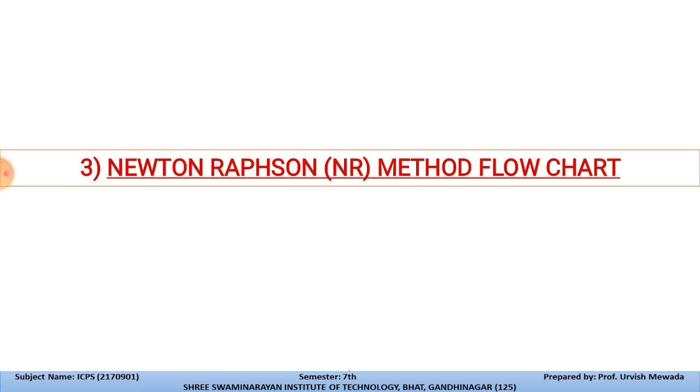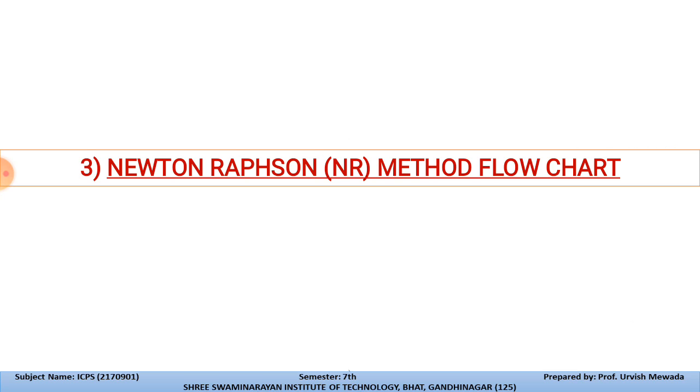So in the previous lecture we discussed the various methods of load flow study, in which we discussed the Newton-Raphson method for single valued function and related examples of the single valued function. And then after, we discussed the Newton-Raphson method for the multi-valued function, and then the related examples of the Newton-Raphson method. And also we discussed the Newton-Raphson method for power flow studies. These are the contents that we discussed in the previous lecture.